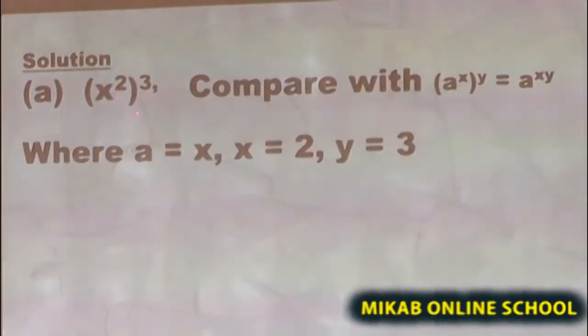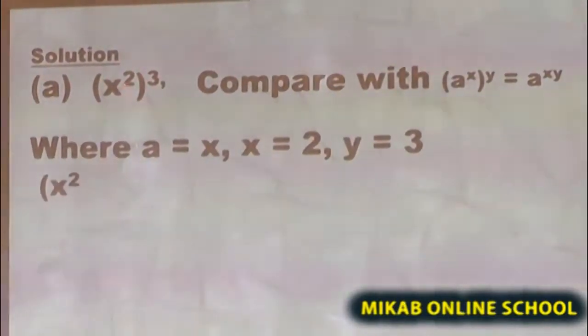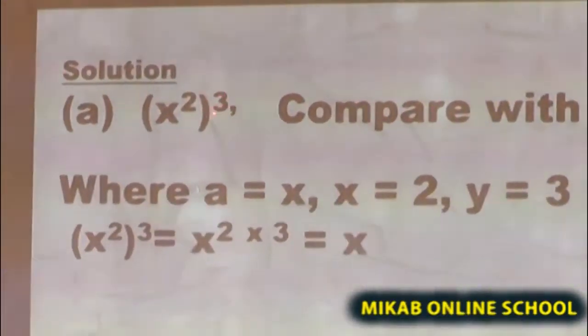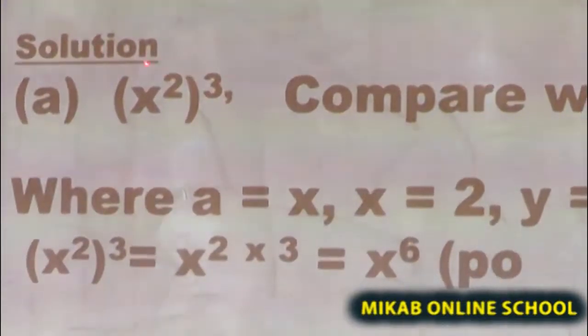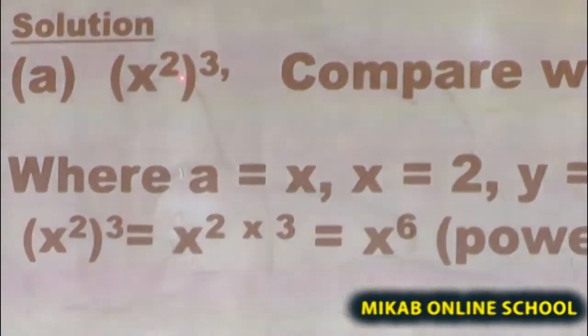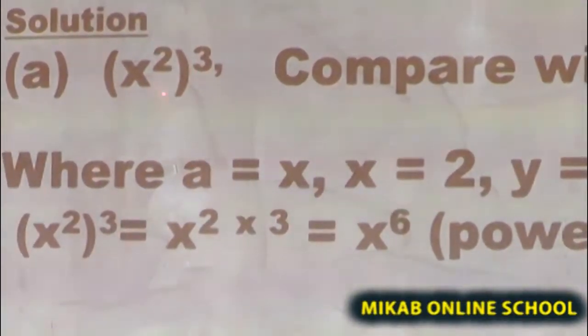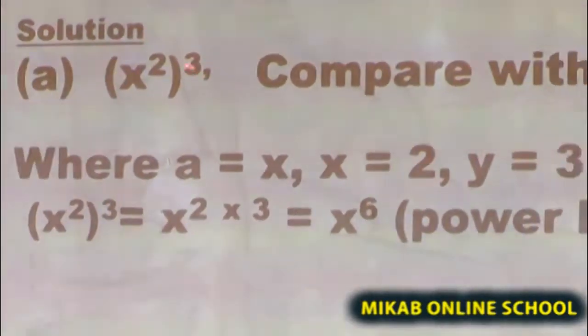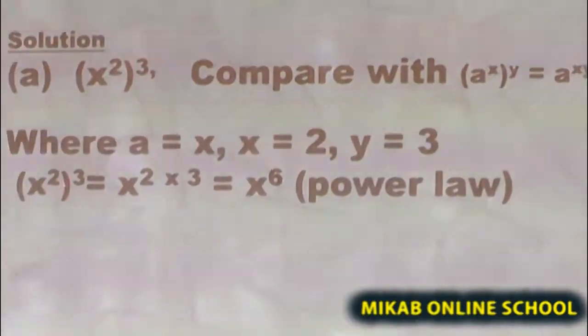So anytime you are given this, it means that you are going to use this 3 multiplied by 2. The result of this x raised to the power of 2 raised to the power of 3 is going to be